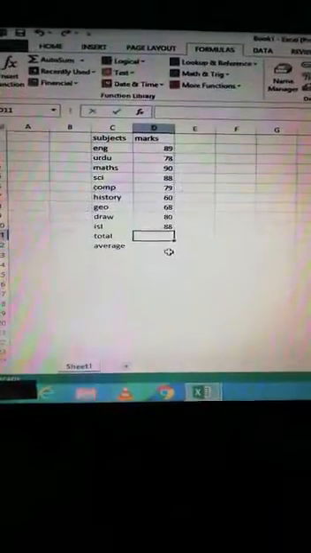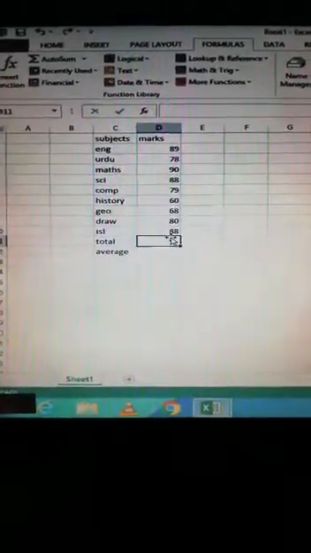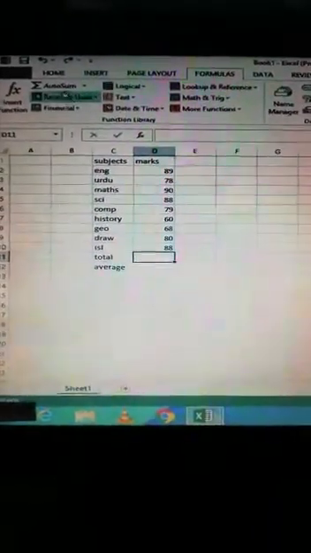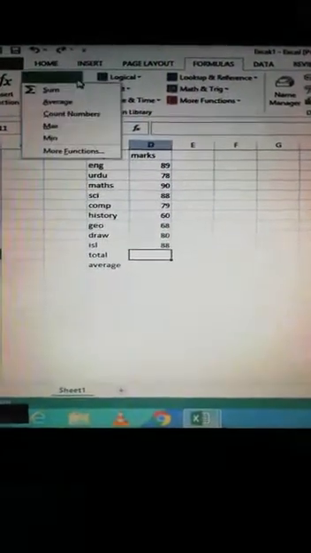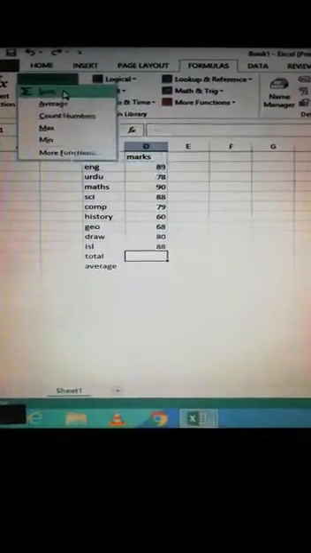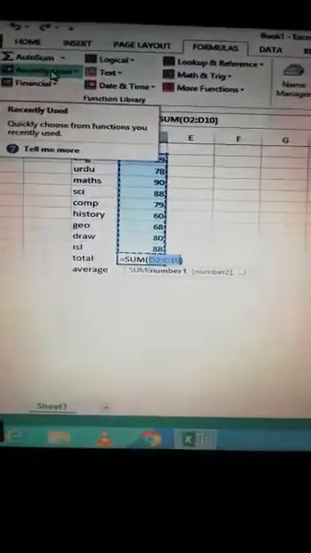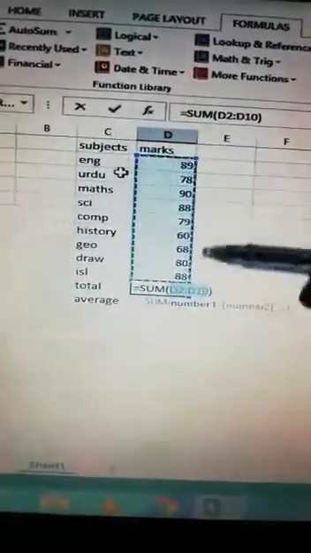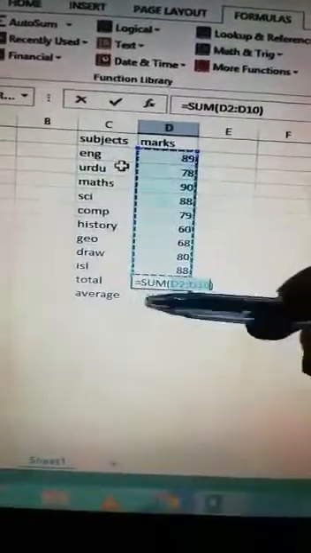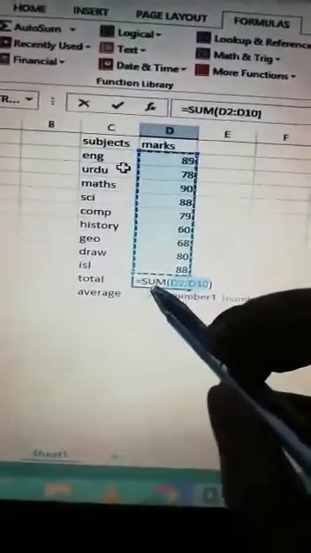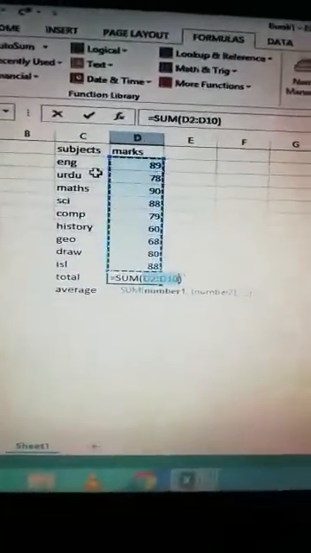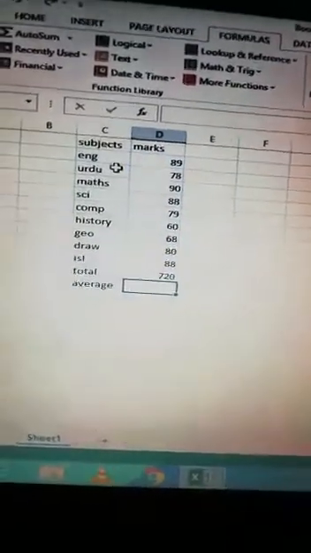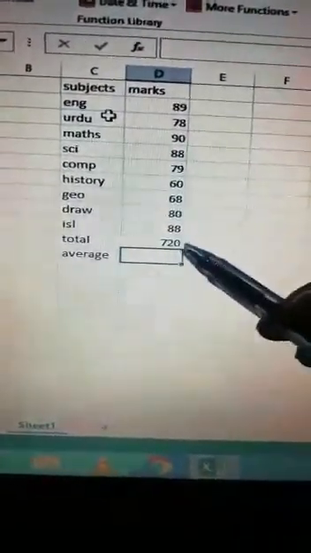My cursor is on the total cell, then go to AutoSum and select Sum. Automatically all the marks are selected, and in front of total a formula is written, and then we just press enter. So total marks are 720.